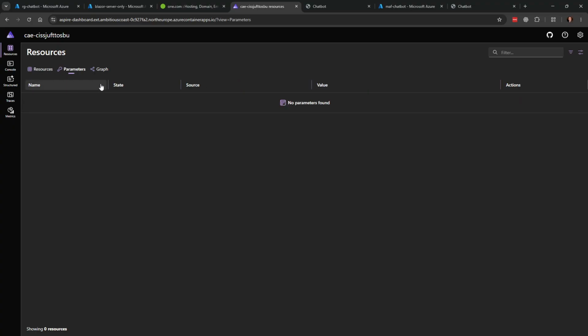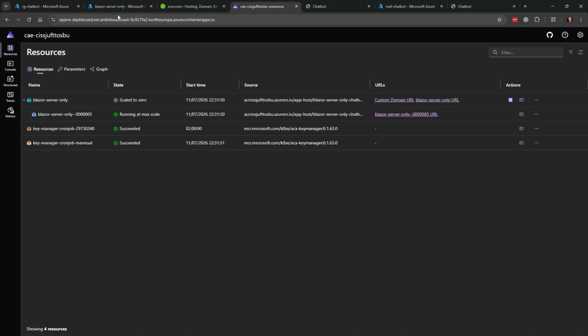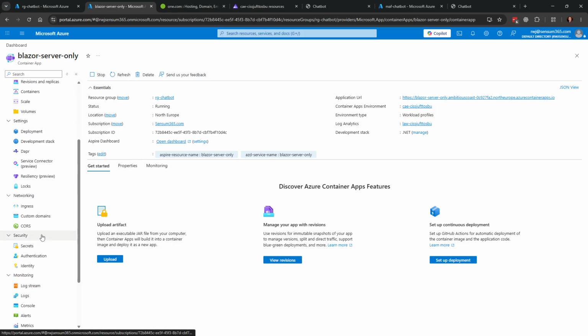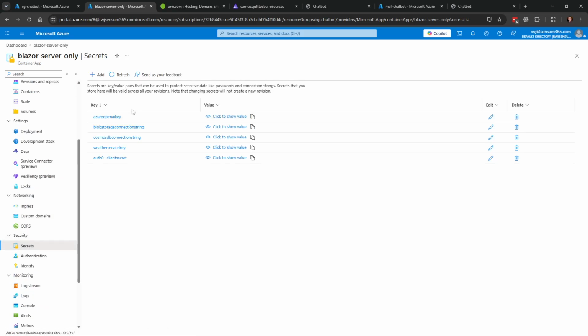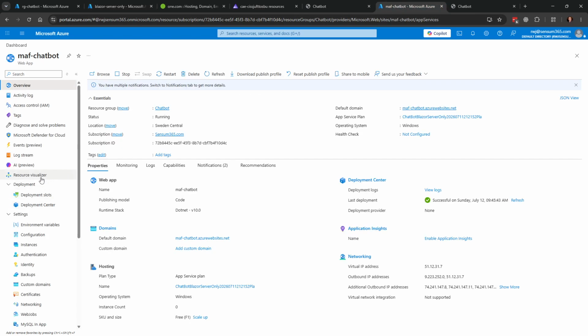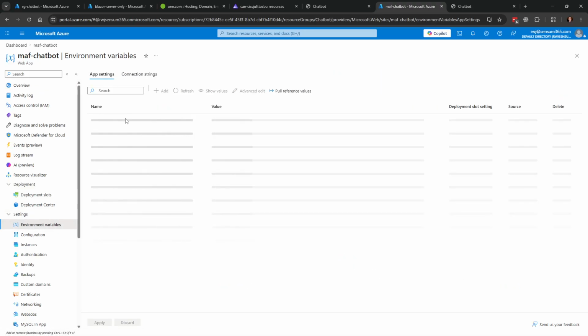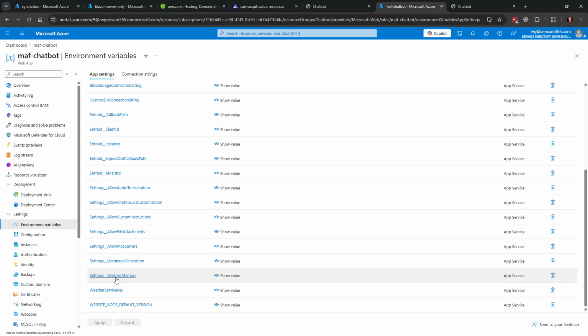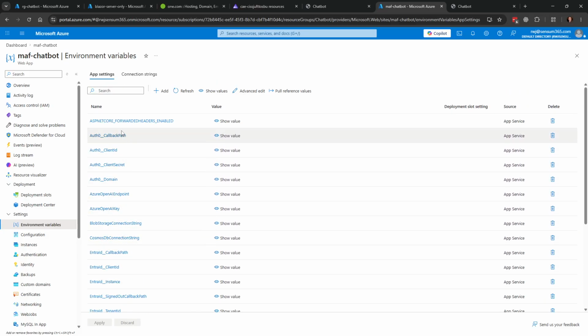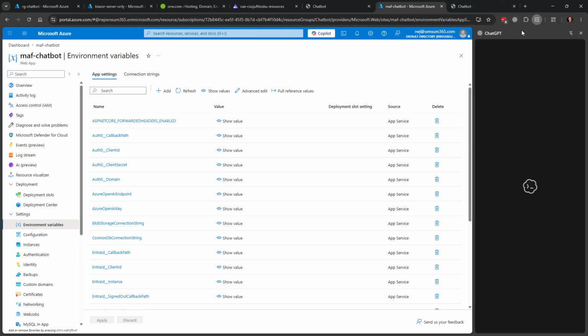One special thing you need to know is that you can't see the parameters anymore once they're deployed. When you need to see them, they are down in secrets here and are being auto-populated, which is kind of nice. Compared to over here, you need to put them in yourself into the system like this. Because everything is environment variables, so we need to put them in.